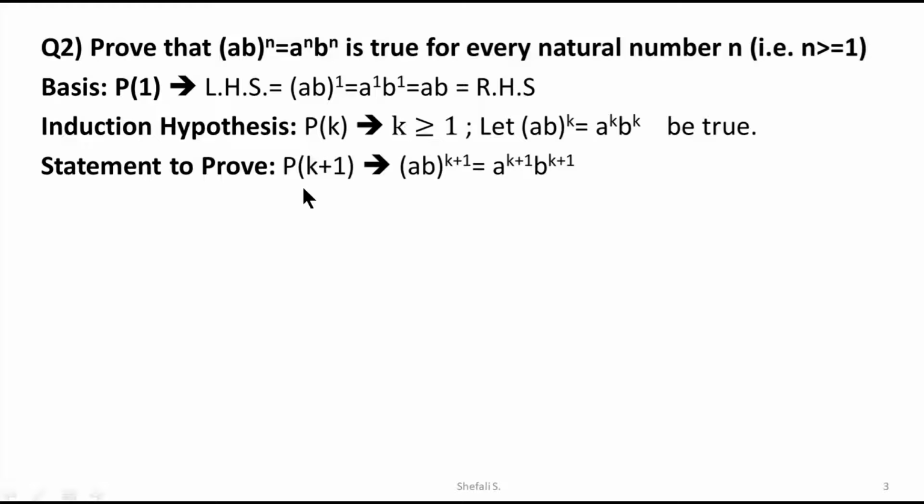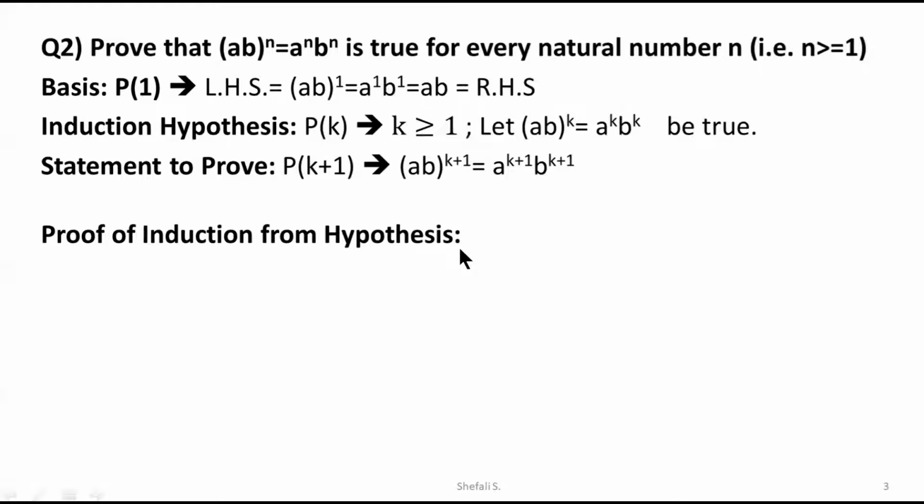So what exactly do we want to prove? We want to prove the statement P involving K plus 1 as the value of n. What it means is that we want to show the group of AB for K plus 1 times should be equal to your right hand side, that is A for K plus 1 times followed by B for K plus 1 times. So we are doing the same thing like always. We are starting from the hypothesis.